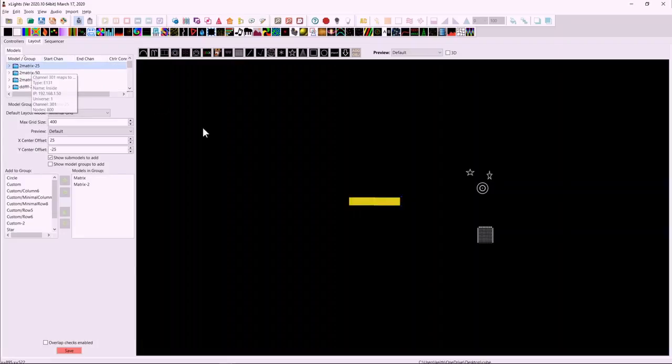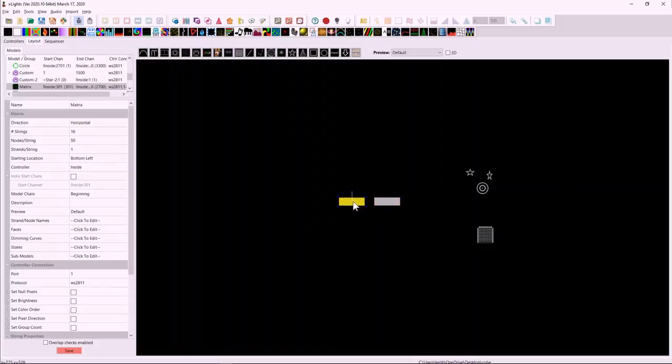So this 2 matrix 25 has got an X center offset of 25 and a Y center offset of -25. And these don't have to be together, they can be apart. I'll just put them together because it makes it a little easier to see when we demo it. What it's saying is the center of this particular group, don't make it the real center. What I want you to do is I want you to,